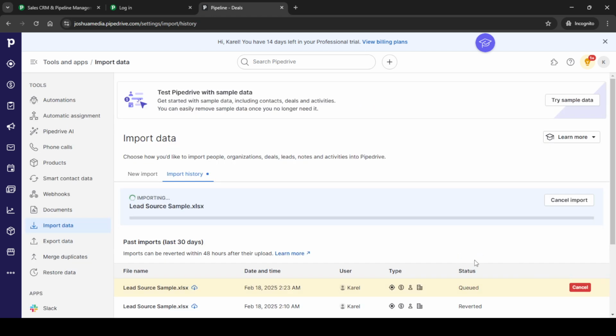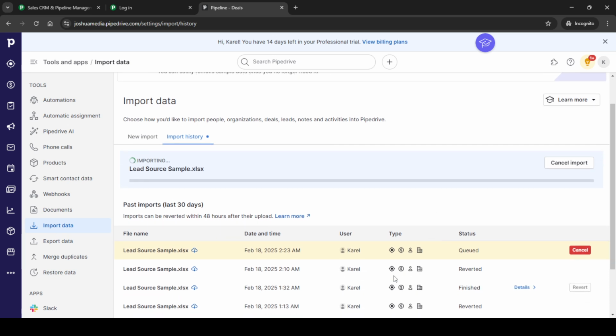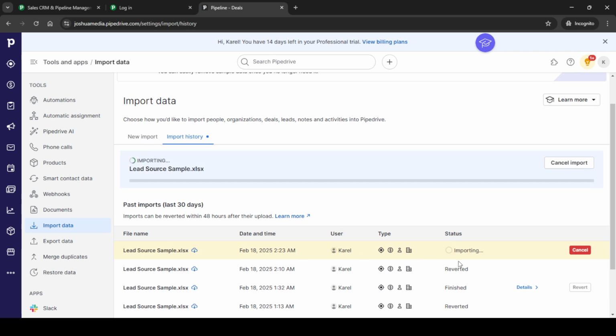Finally, you'll want to start the import. You can do this by clicking on the Start Import button. During this final stage, Pipedrive will execute the import and sync all the information from your spreadsheet into the CRM. And there you have it. You've successfully imported your Excel list into your CRM. By following these steps, you've streamlined your process,